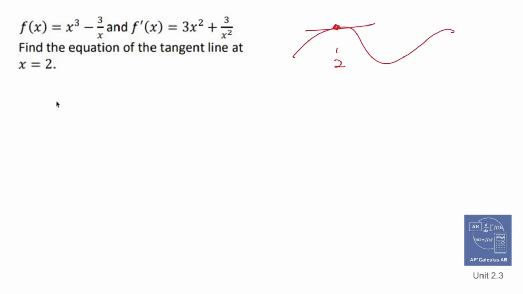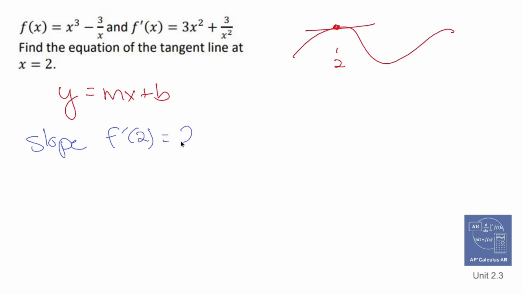So if we're thinking y equals mx plus b thoughts, which is what I'm going to do, we need a slope. Well, the derivative gives us slope. So to get my slope, we're going to take the derivative, which was given to us, and plug in 2. So the slope is going to be f prime of 2, which means